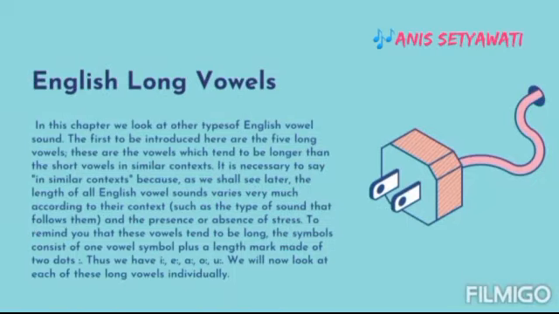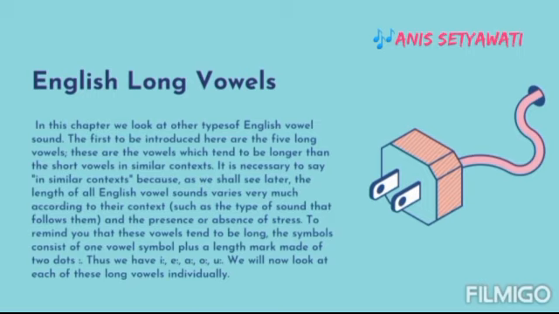English long vowels. In this chapter, we look at other types of English vowel sound. The first to be introduced here are the 5 long vowels. These are the vowels which tend to be longer than the short vowels in similar contexts. It is necessary to say in similar contexts because, as we shall see later, the length of all English vowel sounds varies very much according to their context, such as the type of sound that follows them, and the presence or absence of stress. To remind you that these vowels tend to be long, the symbols consist of one vowel